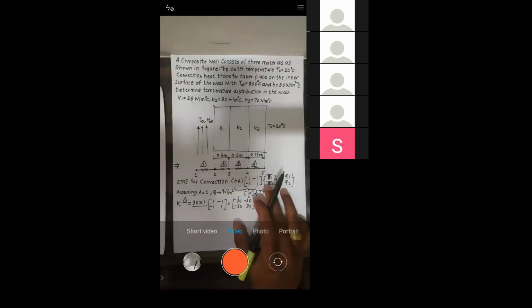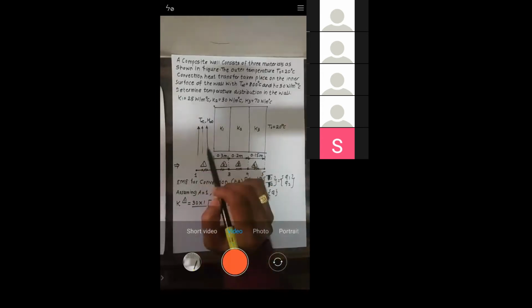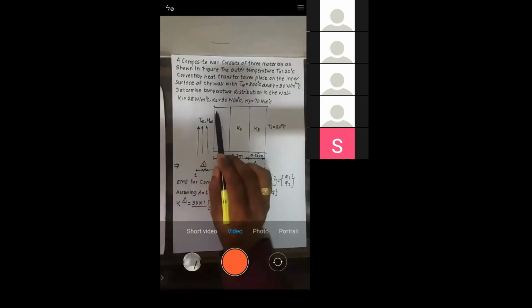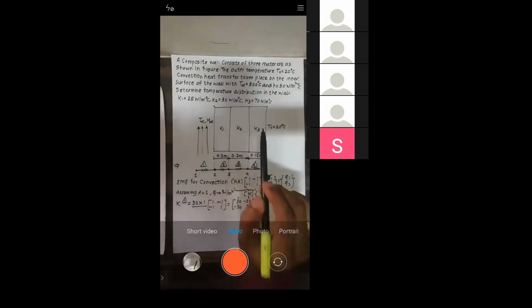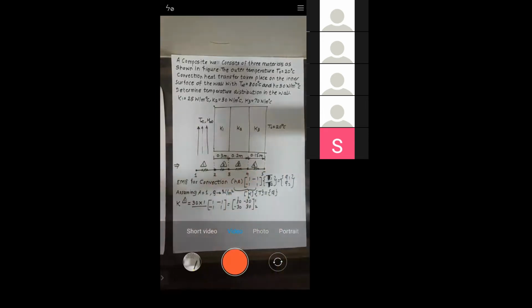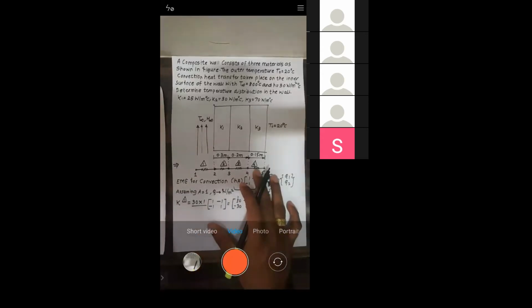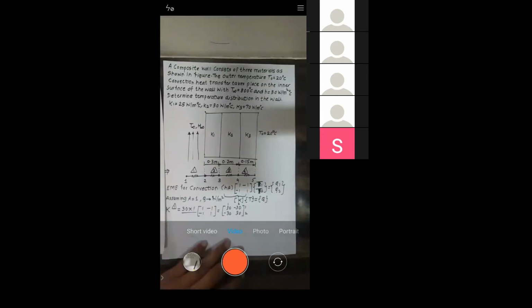See, what we are interested to calculate. Here the fluid is flowing. Whatever fluid is flowing will transfer some heat to the inner surface. Yes or no? The inner surface will transfer the heat to this surface. Again, this surface will transfer the heat to this surface, and from here to here again. That's all. Sir, the basic rule for convection is if there's a difference in temperature, convection always takes place. So there's obviously convection taking place on face 4 also, but we're not considering it. That is the wrong assumption.